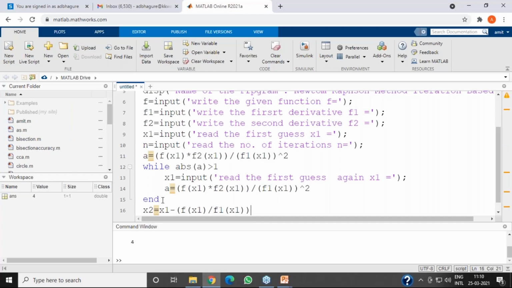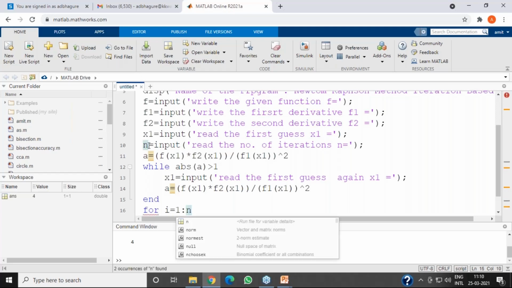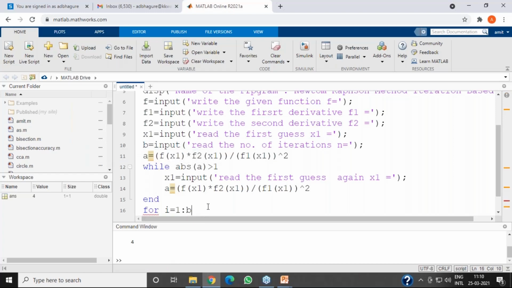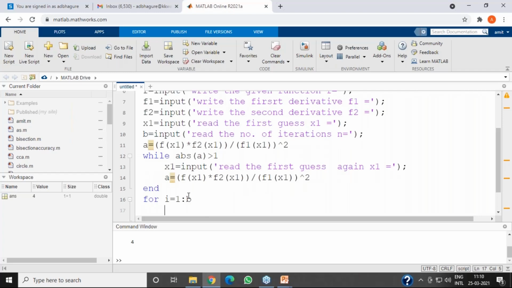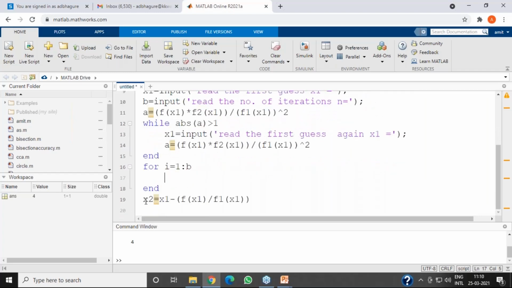I'm using an iteration-based program, so I can write here for i equal to 1 to n. Instead of n, now I can write here b, 1 to b. Then I can write this x2 formula in the for loop.